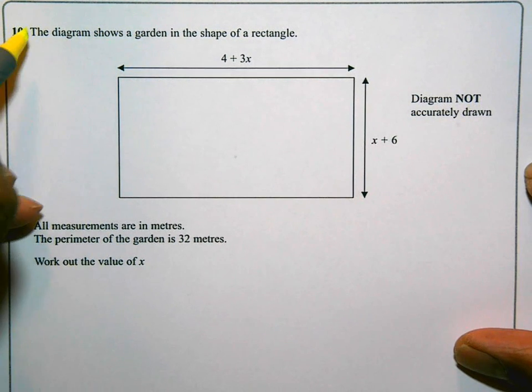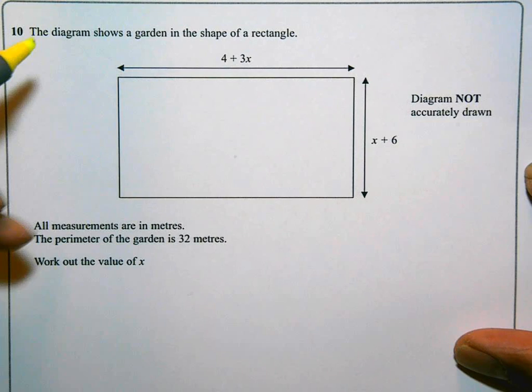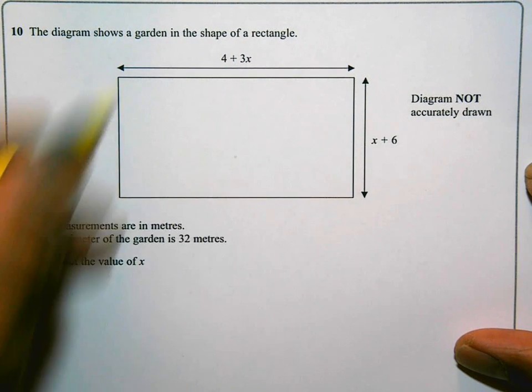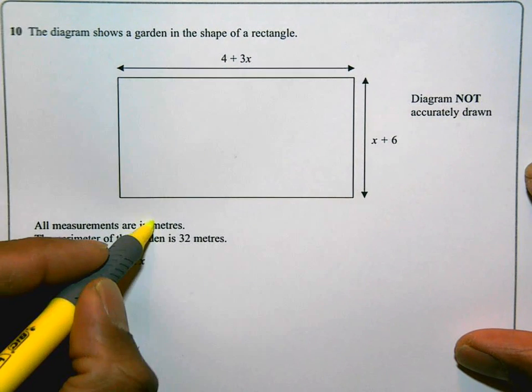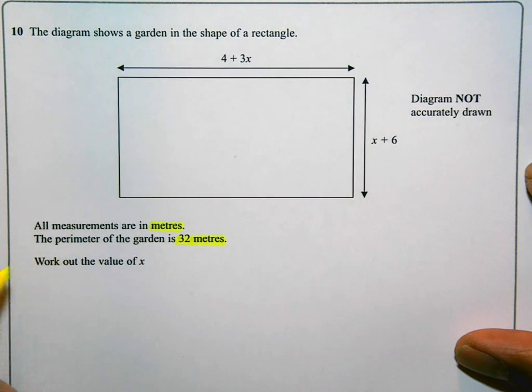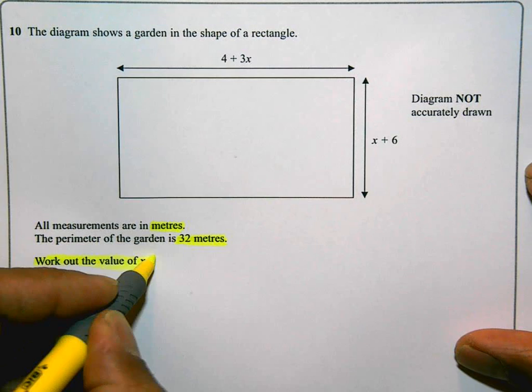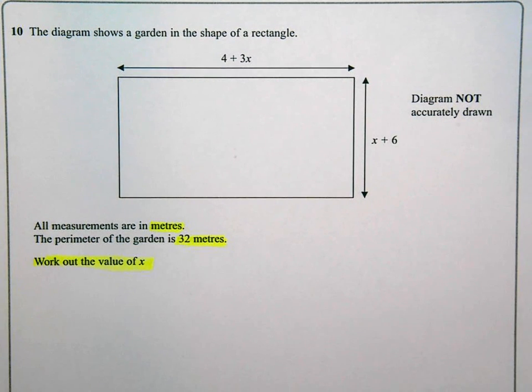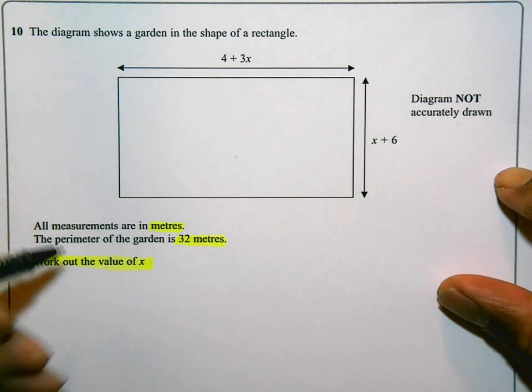The diagram shows a garden in the shape of a rectangle. So you've got your rectangle. All the measurements are in meters. Okay, the perimeter of the garden is 32 meters. Work out the value of x. And it should be one of those that you've actually seen several times already, because they've told you the perimeter